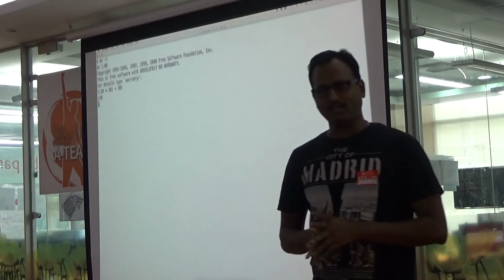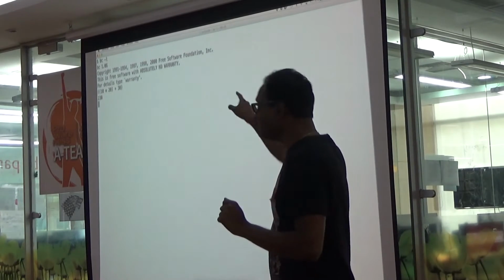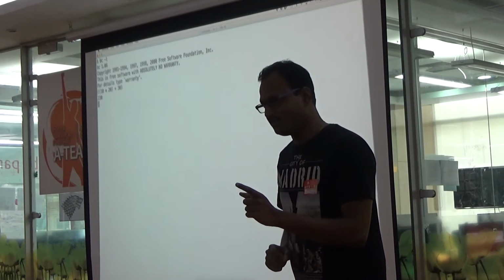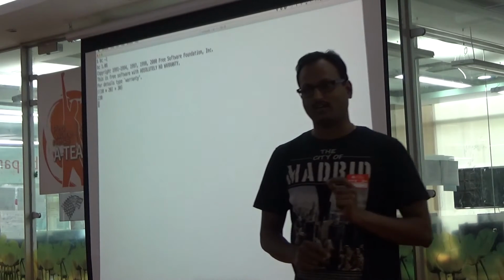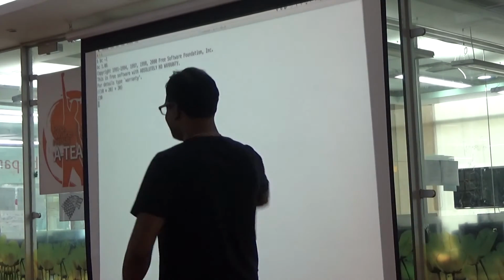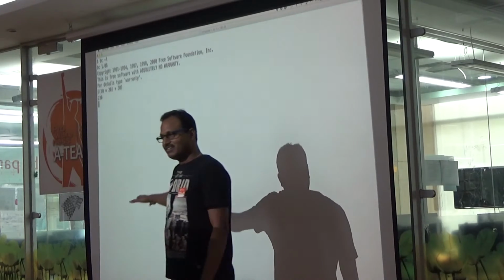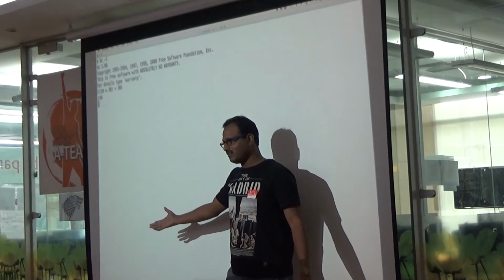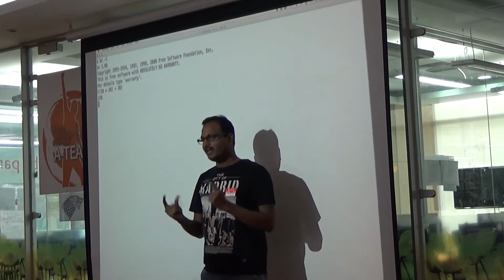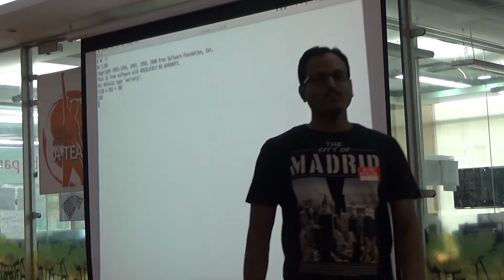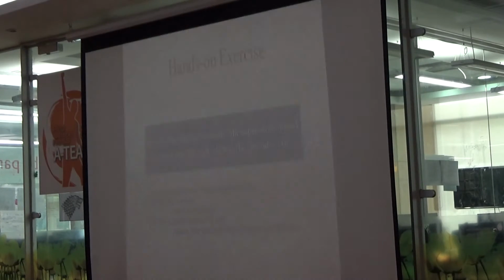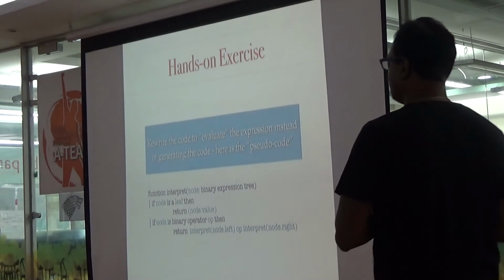Very simple example, right? Now, what we're going to do is not use the bench calculator, but implement the bench calculator. You got what I'm talking about? That's the difference. You're going to implement the bench calculator. Now, if you want to implement the bench calculator, friends, here is the exact same example. That's what expression trees are. Right? So you got an expression tree, and what do you want to do? Interpret it.